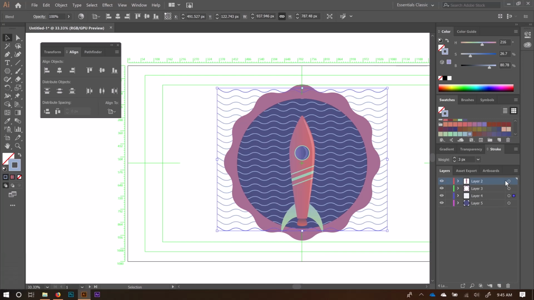Now another thing in After Effects that you're going to find is super frustrating, especially once you start scripting things, is knowing what's on each layer. If all these say is layer 2, 3, 4, that's not very descriptive of what the object actually is. So we're going to need to change the names of these. So this is going to be rocket. As you're doing this, be consistent with your capitalization. If you're going to capitalize the first letter every time, always do that because it will make a difference in your scripting. Okay, this is going to be border, and I'm just double clicking on these to get